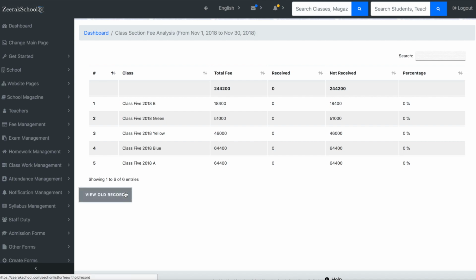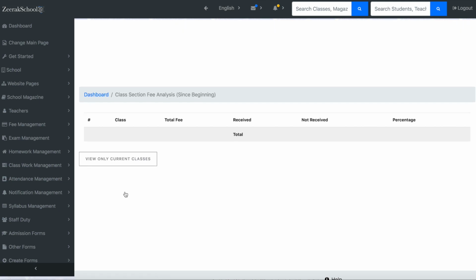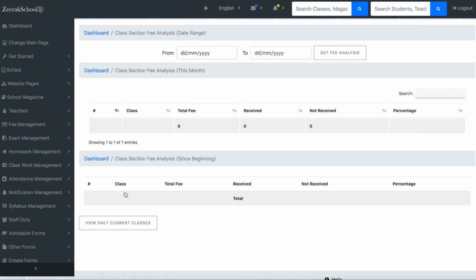Here, there is another important feature, that the admin can click on View Old Records. Here, all the class sections that have been archived and are not operating at this time will be shown with the past fee records. In this case, the system has no such classes. If your school has been on Skoolum for more than a year, the past year's classes will be shown with